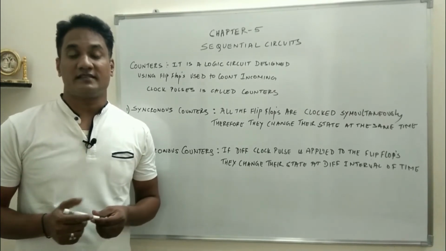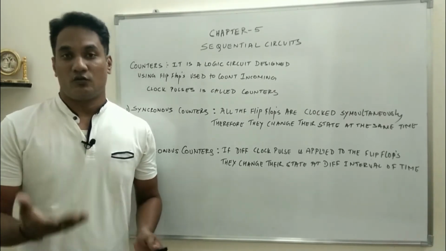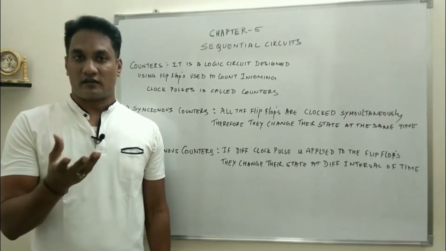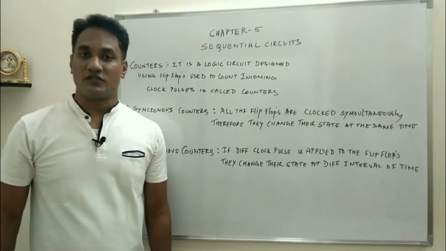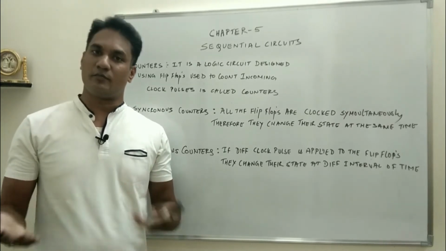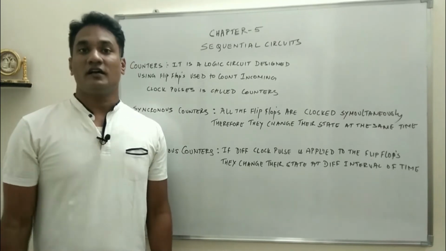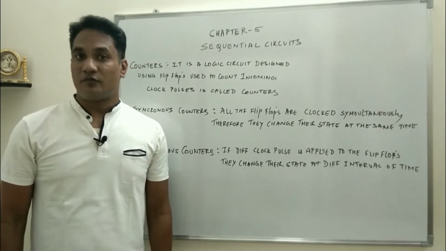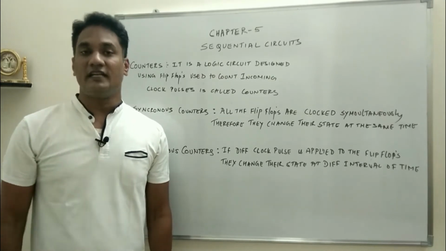So this is the basic introduction to counters. Basically, what we are trying to design is a binary counter. It will count binary numbers from 0000 to 1111. We will make modifications depending upon what type of counter we will be designing. Of course, to store one bit we need one flip-flop, and to store a number of bits we need a number of flip-flops.